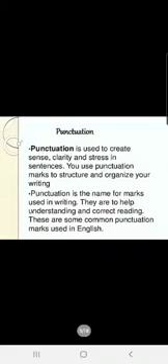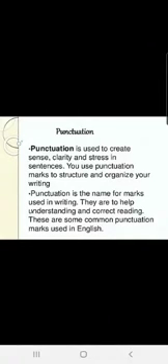Children, this is our English language class and we are going to start a new topic today, punctuation. Children, you all know about punctuation marks. Okay, let us study about them. Punctuation is used to create sense, clarity and stress in sentences. You use punctuation marks to structure and organize your writing.